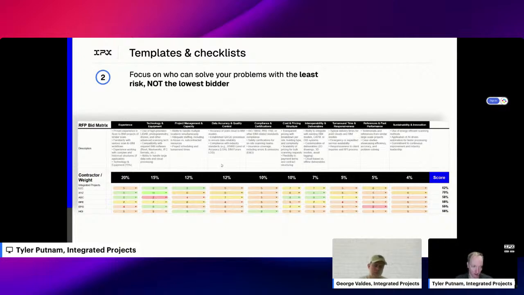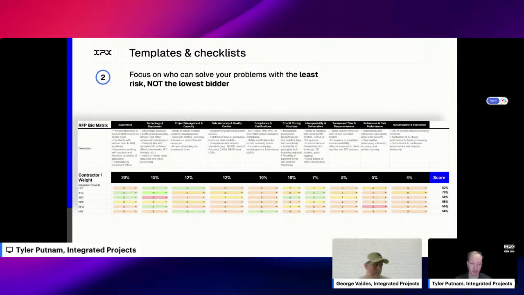So under here, this is an Excel spreadsheet, by the way. I don't know if I mentioned that. We'll probably fold this into an automated tool on our platform at some point. But basically, we've got a scoring of each of these different criteria, 1 to 10, and then it's weighted by a certain percentage. So what you do with this is you get all the stakeholders who are going to be making the decision,